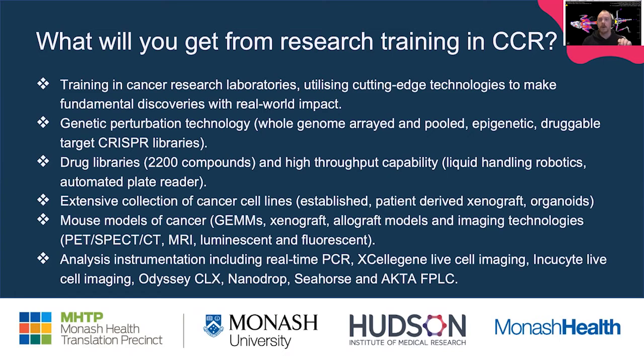We have very extensive access to CRISPR libraries, also to drug libraries, and high throughput capacity to be able to use both those screening technologies to really complement one another to identify new therapies and new targets. We also take a lot of advantage of mouse models and also patient-derived material, so both in terms of organoids and also in terms of sophisticated imaging modalities to look at the tumour development within mice. And so that can be as simple as luminescent and fluorescent readouts, but also using really clinically applicable readouts like MRI, PET, CT, and I've got a PET CT scan of a lung cancer-bearing mouse behind me